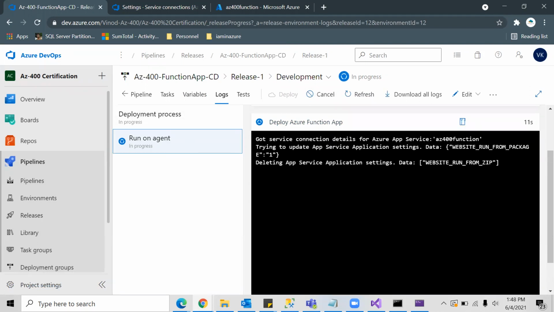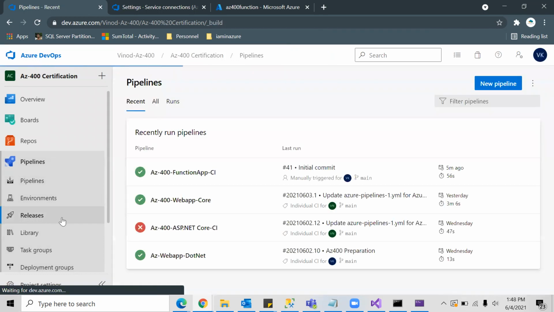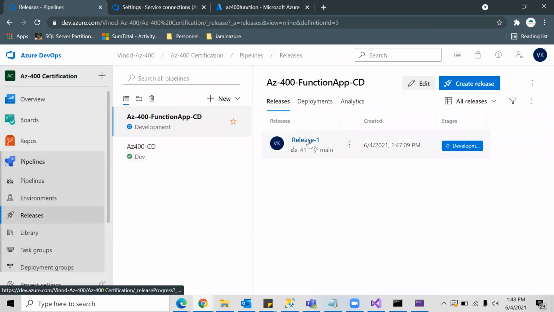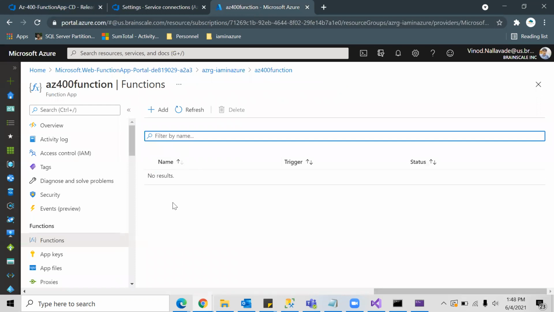So the process has been started. Connection strings. This has got the connection strings, and it started deleting the old application settings. Once this release is complete, we will see our function app in the Azure portal.